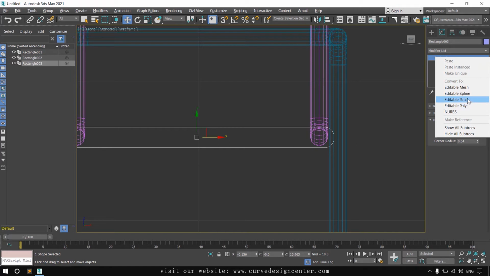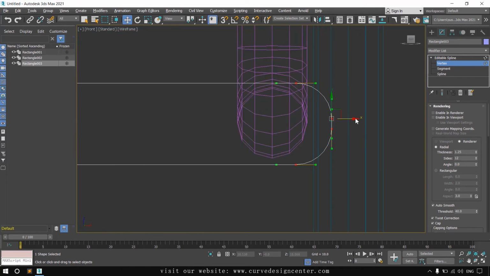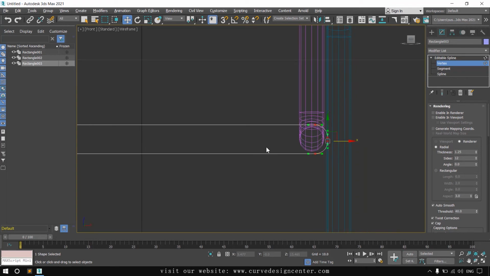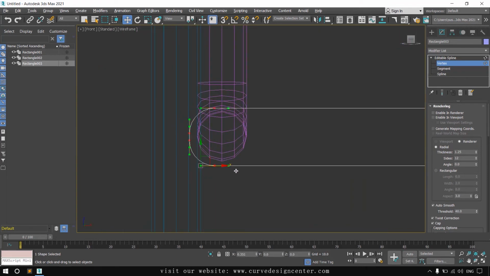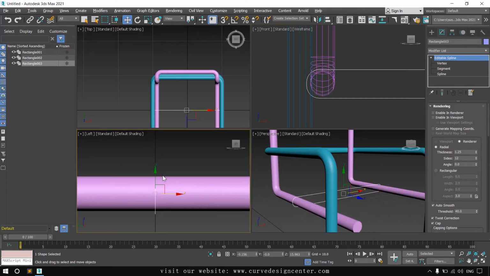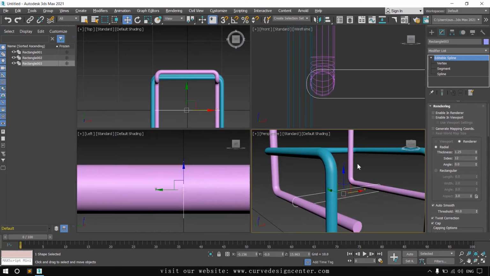Convert to editable spline and select the vertices and move them a little bit. Okay, I think the placement is correct.